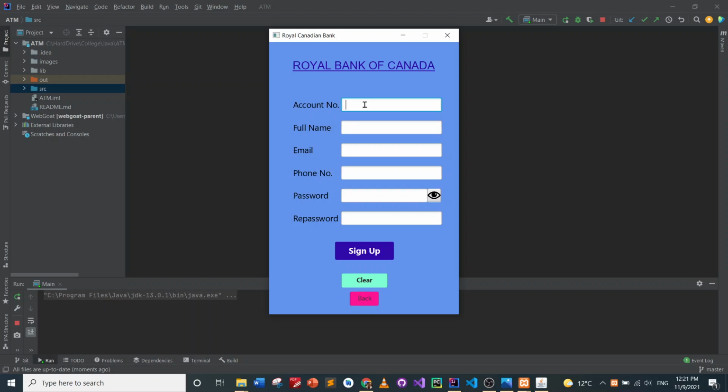In real life, the application should connect with the bank's database and check for an existing account. But in this case, it just checks that the account and email are unique, and the account should be 10 digits. I'm going to create this one,